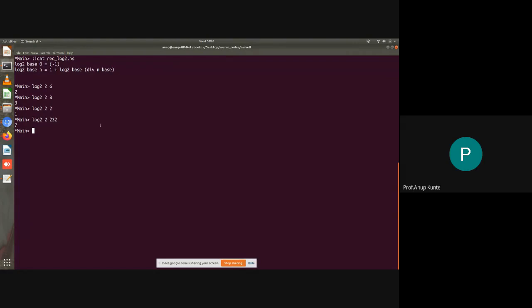So if you use div with, say, 43 and 2, it will be 21. So it is an integer division. And instead of this, if I use this division, it will give me a fractional value, 21.5. So the div operator in Haskell gives me an integer division, and that is exactly what I have used here. So I'm changing the input by doing continuous division, reduction of the number.